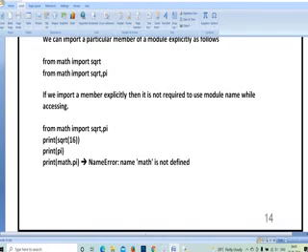So defining the particular task you need is a big advantage. Why? Because if you write import math, it is going to bring all the functions that math has. But if you say I need only square root, it is going to bring only the square root function, and bringing only one thing is very easy compared to bringing multiple things.